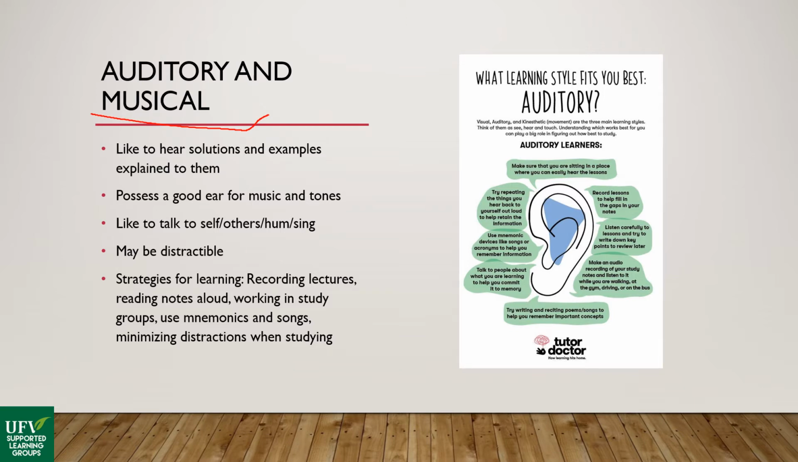The first one we'll start with is auditory and musical. These people generally like to hear solutions and examples explained to them. They possess a good ear for music and tone. They like to talk to themselves, others, hum and sing. And unfortunately, they may be easily distractible. So some strategies for yourself if you are an auditory or musical individual. You might like to record your lectures so you can listen back to them at a later date,